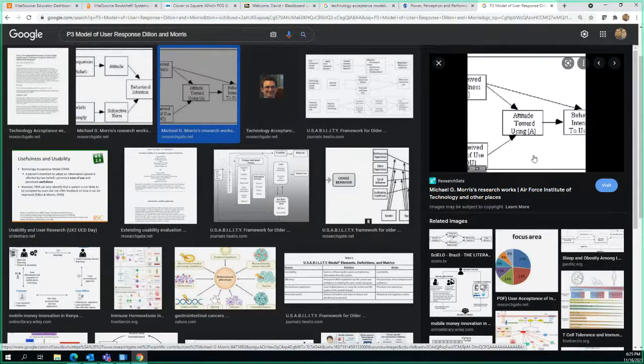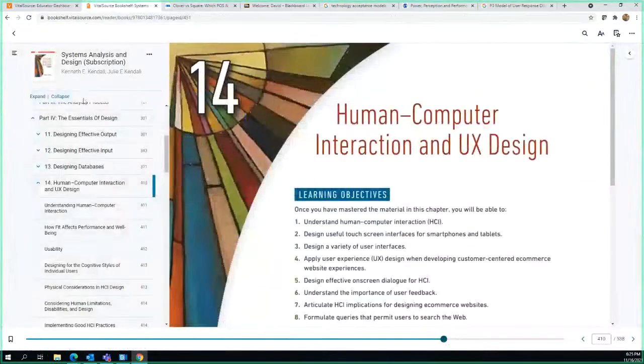So that is really like taking this concept that they talk about in the textbook of how fit affects performance and well-being, etc., and usability and all that stuff, and likelihood to use is a bigger issue than some of this because it doesn't pay to adopt technology that no one's going to use.